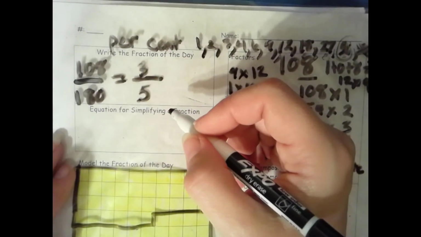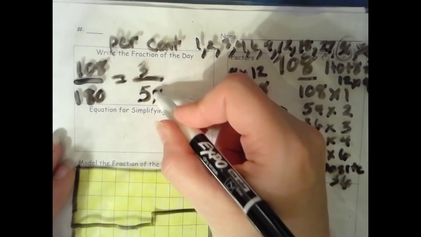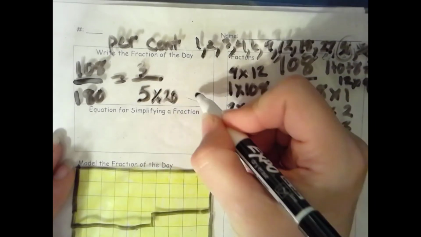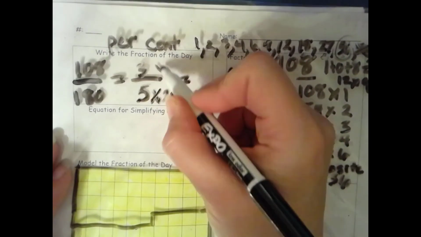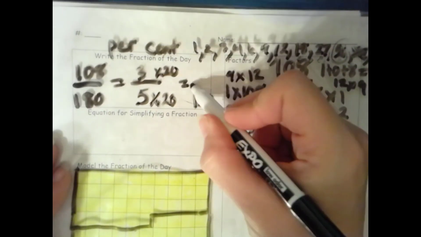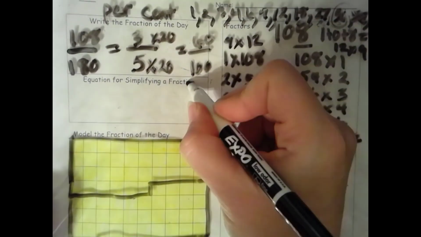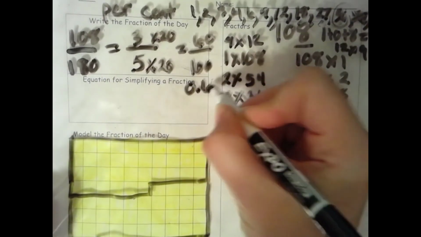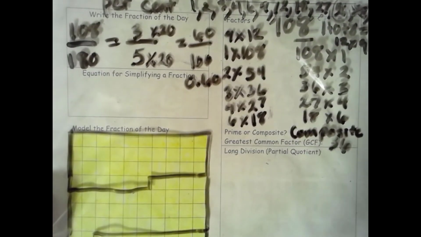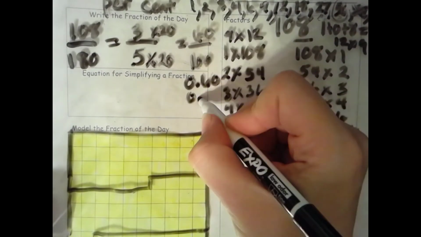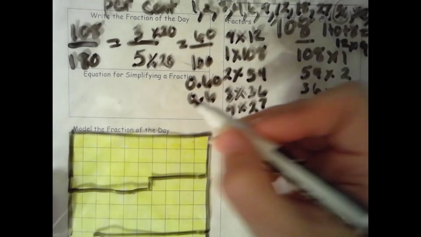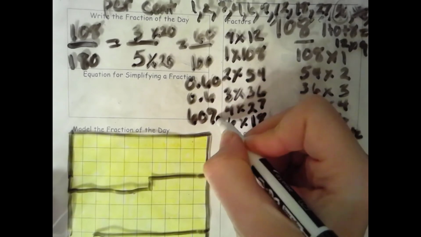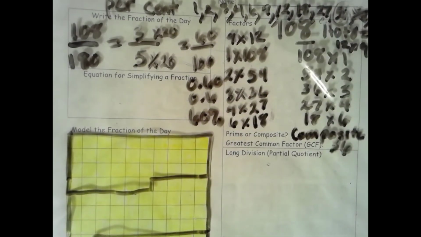So 5 times 20, 20 nickels, gives me $1. So 3 times 20 is 60. So 60 hundredths can be written as 60 hundredths, or we could have 6 tenths, or 60%. So this is 60% of the school year,